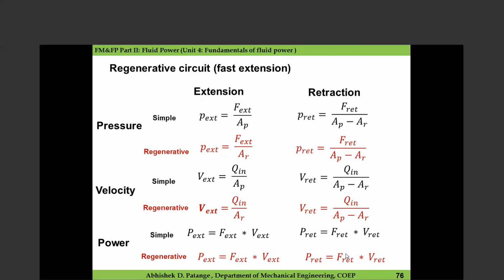So now if you have any doubts regarding this, you can ask me through WhatsApp or even by phone call, and I will try to discuss this in detail if you have not understood it in the lab session. So all the best for tomorrow's exam. You can expect one small numerical or some logical questions on the regenerative circuit for 2 or 3 marks. So study this well. All the best.